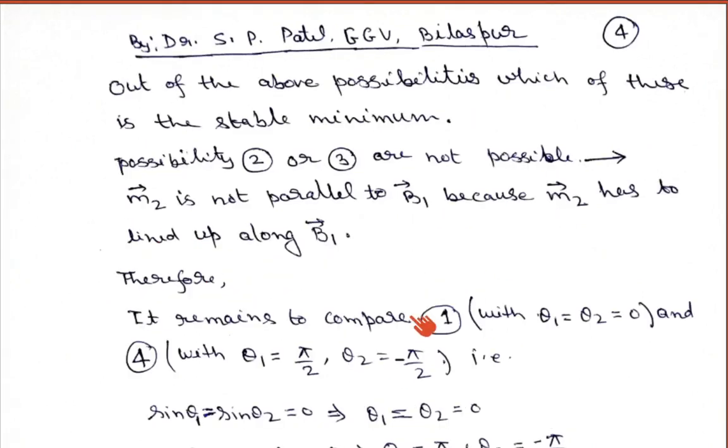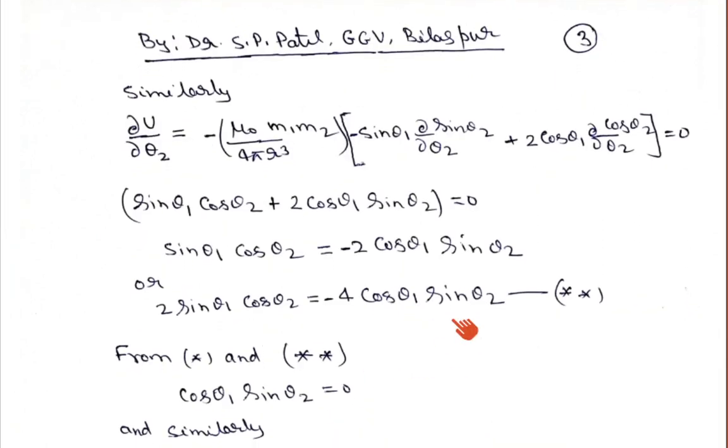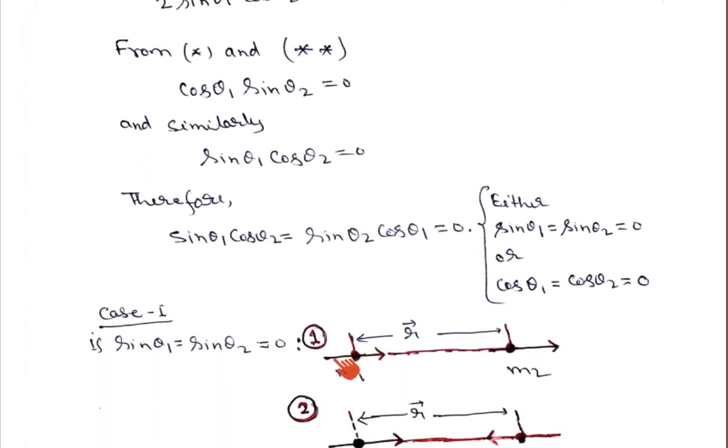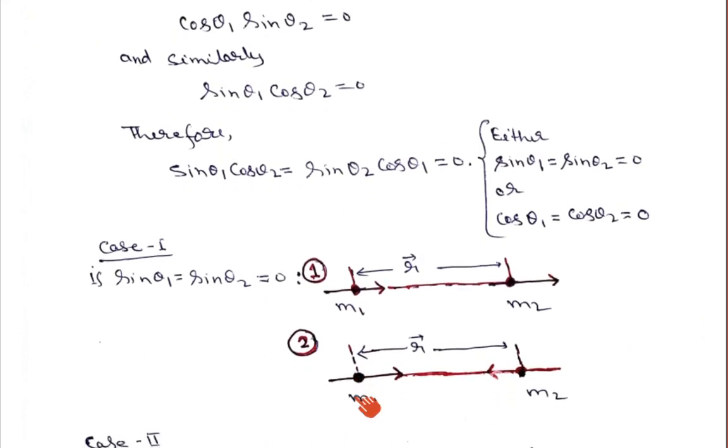If you see the first configuration, this M1 is aligned parallel to the line joining the two dipoles. The second one was also possible, but because the magnetic field is along this direction, it will not be allowed. So the only possibility is that if two dipoles are there, the dipoles will align, with the line joining them along the direction of the magnetic field.